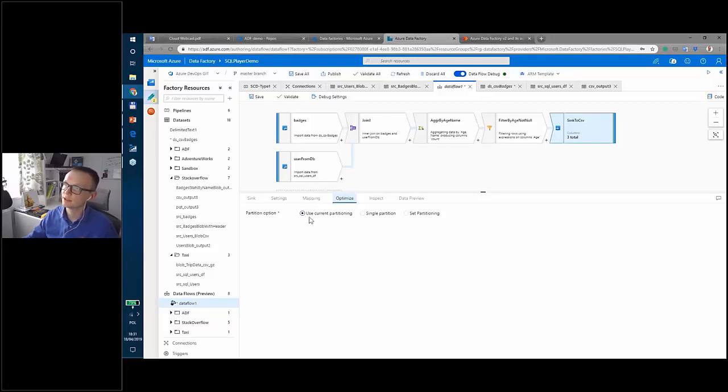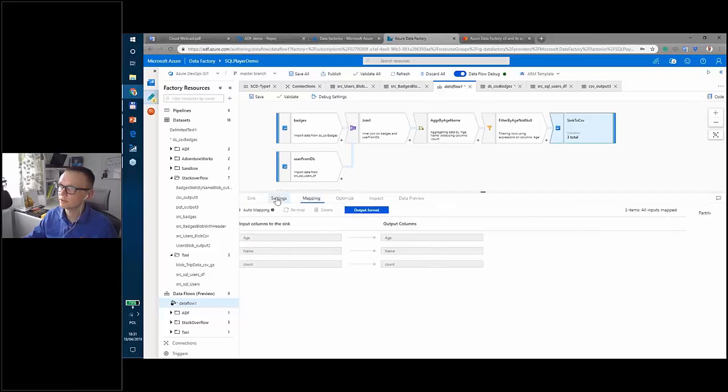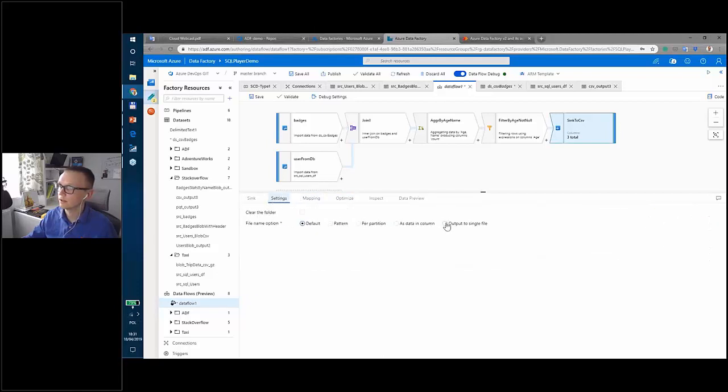So if we use that current partitioning, we'll get so many files at the end as an output. And because I would like to use only one single partition and output to a single file, it will be like my output stream CSV,